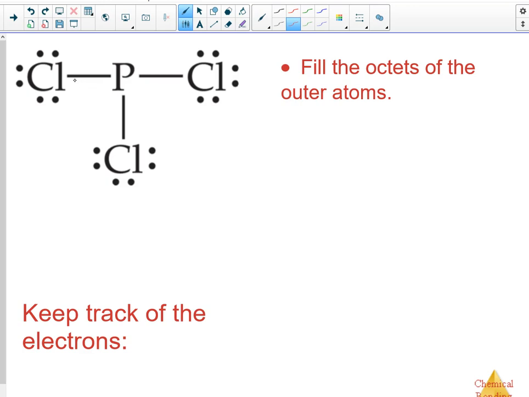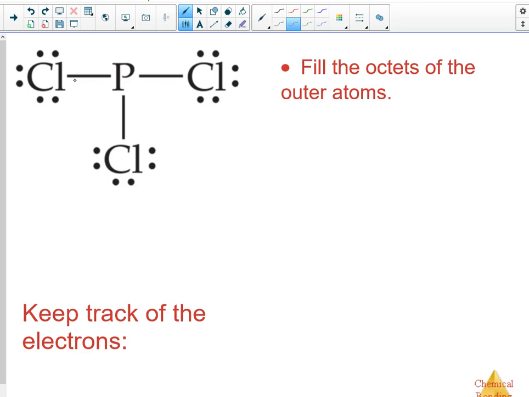How come the outer atoms get the electrons first? Because they're greater in electronegativity. Remember, electronegativity is the ability of an atom to attract electrons to it. If it has more ability to attract, it will get the electrons first. Okay? Now,